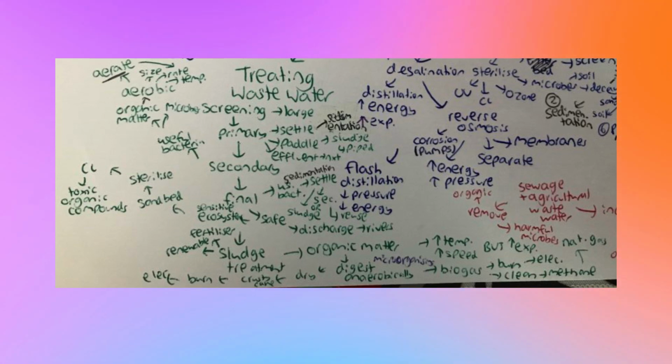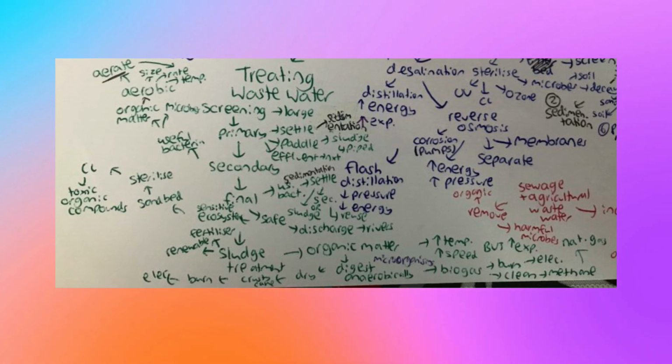We then pass that wastewater into the primary tank. This is when grains of sand and stuff is left to settle via sedimentation to the bottom of the tank. We have paddles that move the sediment round and the piping the sludge into the middle of the tank essentially, and that can then be piped onto the sludge treatment plant. The effluent, that means the liquid component of the tank, is then piped onto the next tank, which is the